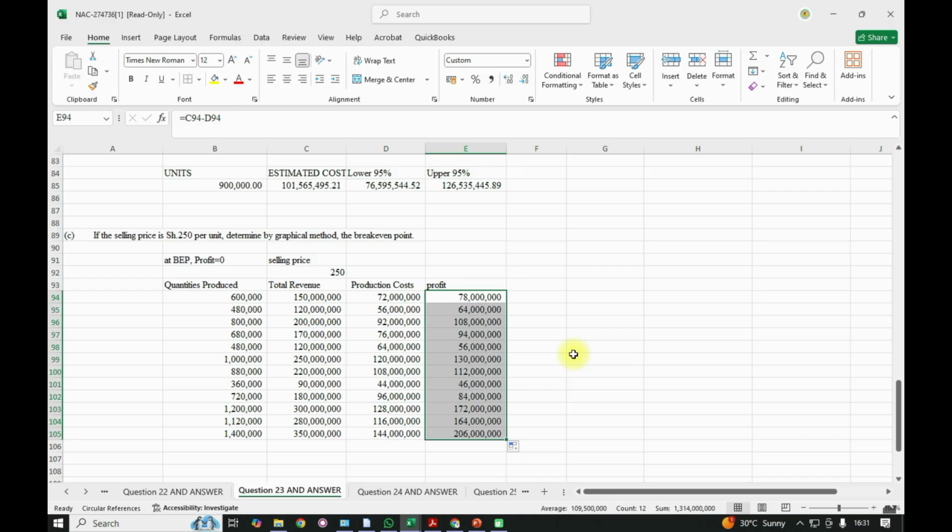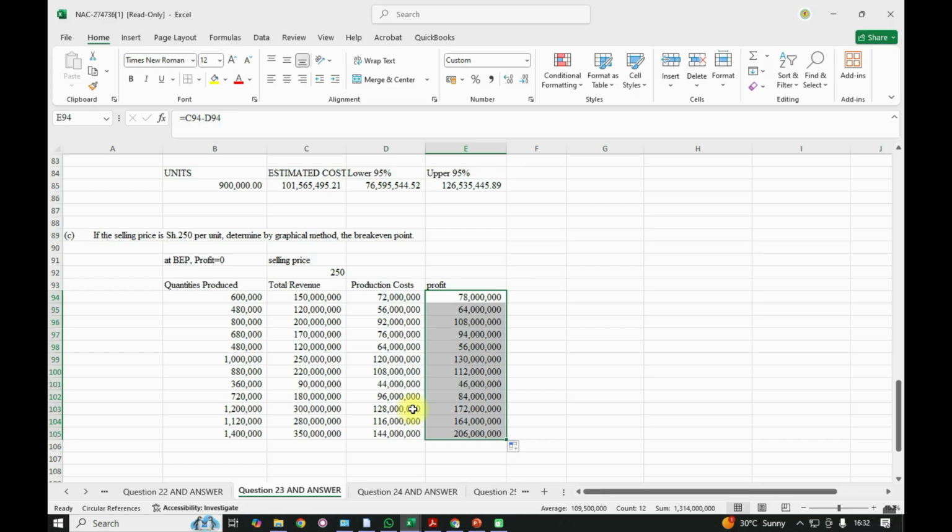With all these quantities, you can see the total revenue is in all the cases more than the total cost, and therefore you shall not be able to break even at that particular place. So this information will not be relevant, but we shall be able to estimate, because already